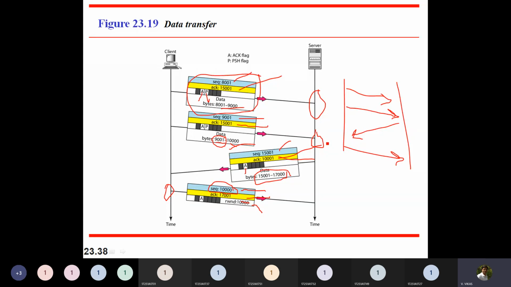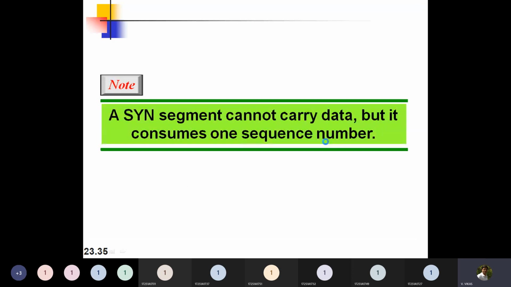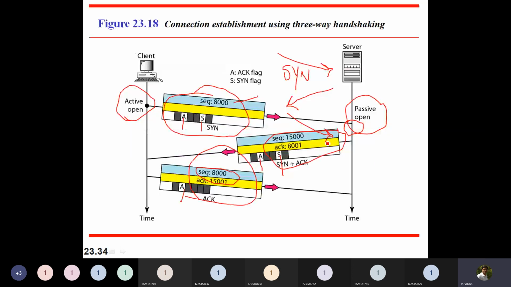So we have seen how connection is established, how data is transmitted. Next thing we will see how connection is terminated. First thing we shall see is why do we need three-way handshake here? Even with respect to this also, why do I need three-way handshake here? What happens if I don't have three-way handshake? The client will keep on sending the information without having the acknowledgement that the server is receiving the data.